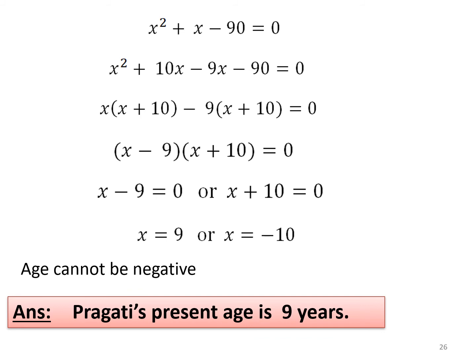The phrase 'cannot be negative' has to be mentioned because we are getting two values, but we have to justify why we are taking only one value. Not only for this sum, for the other sums also when we are solving, we have to justify the reason why the answer cannot be negative. So here I have mentioned that since x is taken as age, it cannot be negative, and therefore we consider x is equal to 9. The value of x is taken as the positive value, that is 9.